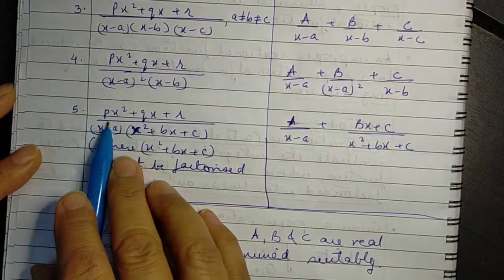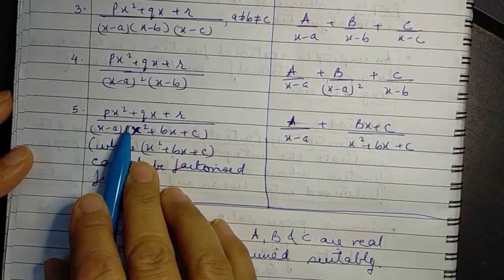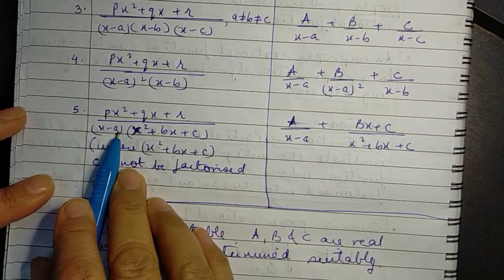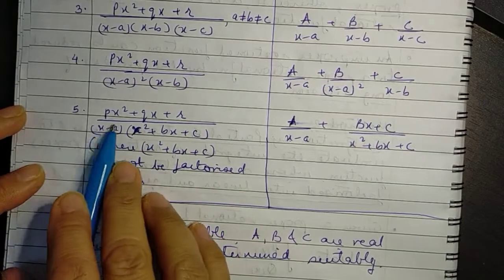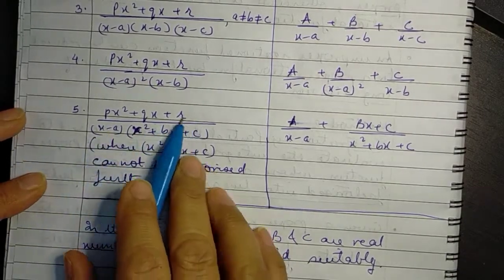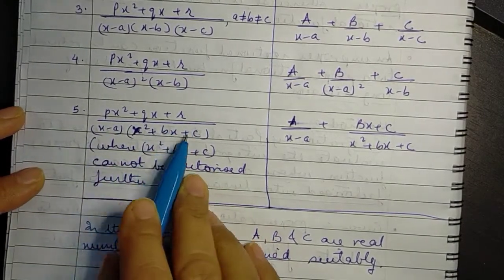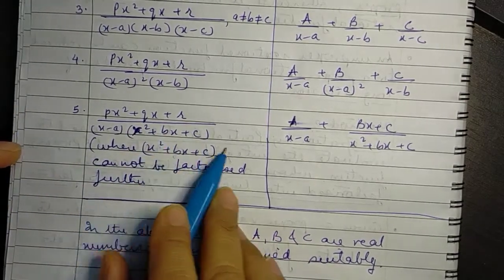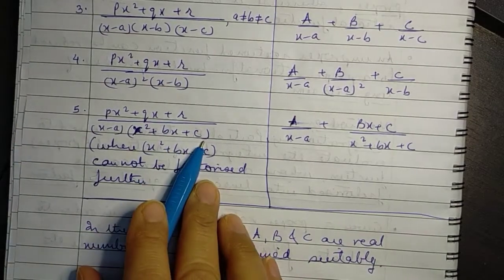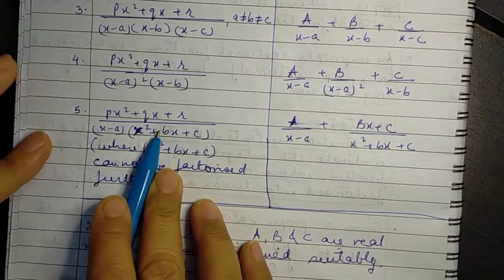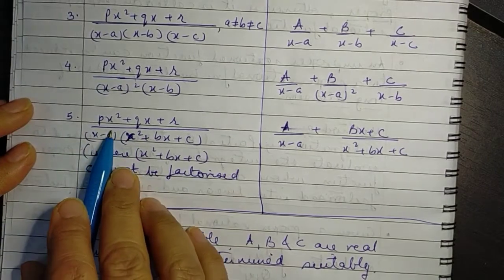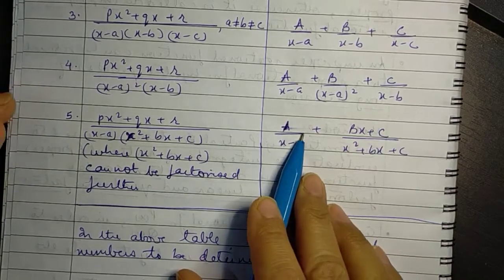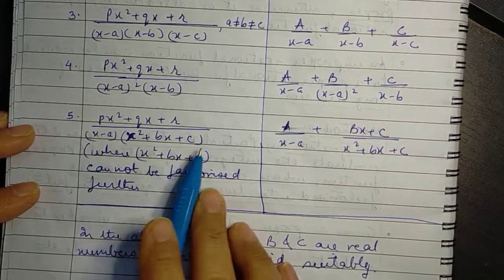The last category is a rational function which can be written as a quadratic in the numerator, and in the denominator we have the product of two factors. One factor is a linear factor, whereas the other one is a quadratic. Now here this quadratic which is in the denominator cannot be further factorized into linear factors. So in such a case, what we do is, with x minus a we have a numerator, one term having numerator as a constant, which we write as a, and with this quadratic,